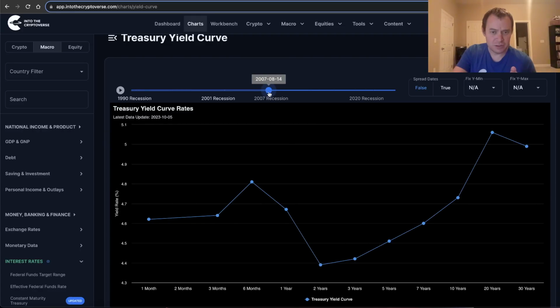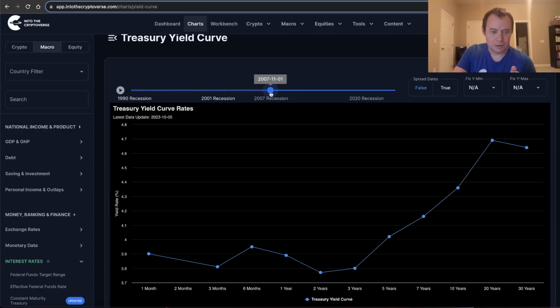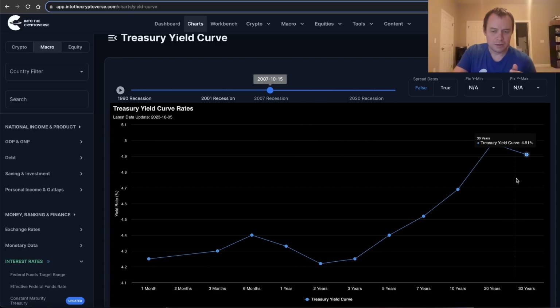That was in March. Now go to November. You have the long end of the curve at around 5%. So it sort of moved up a little, but the short end of the curve has dropped considerably, right? Down to around 4%. So what happened? We had an inverted yield curve. We saw the uninversion process take place, but it was because the short end of the curve went down, right?